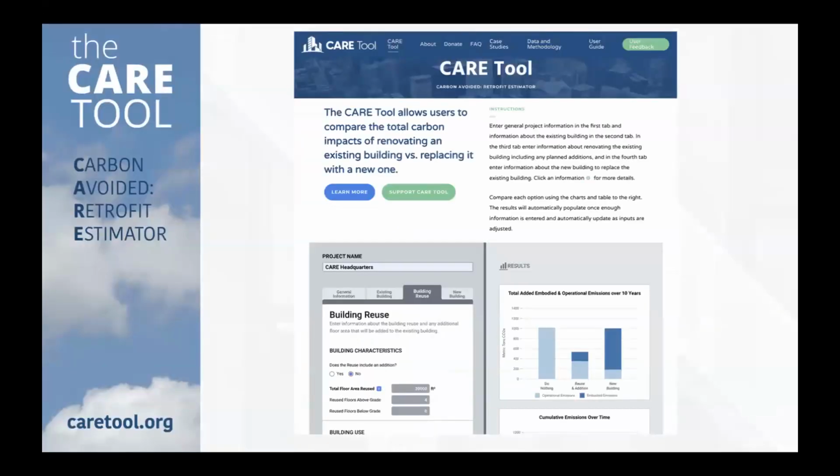This is what it looks like when you go to the website. It's at caretool.org. And when you get to the front page, if you just scroll down a little bit, the tool just appears. So the blue thing will be at the top. And as you scroll down, there's the tool, and you just start working on it. There are ways to save your results. It says print results, and it saves it as a PDF. So you can look at all of the results and keep it. Otherwise, every time you start a new project, it throws out the old ones. So that's how it works, and we're pretty excited about it.